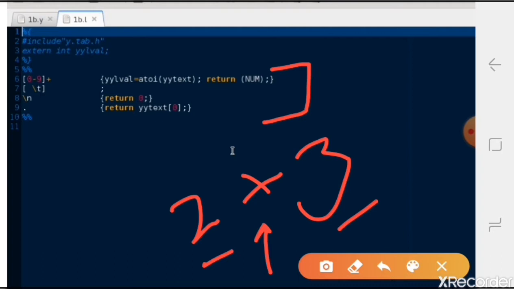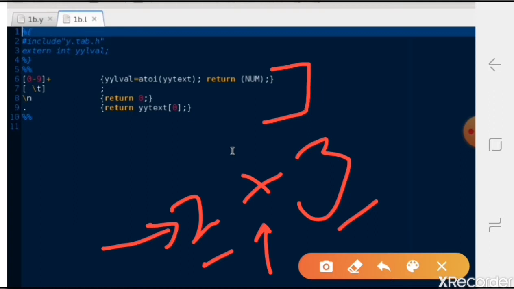For that purpose we write regular expressions. To identify numbers, in line number 6 we write 0 to 9, anything in that range. That regular expression will identify it, and the value is always in character form, so we do a character to integer conversion.